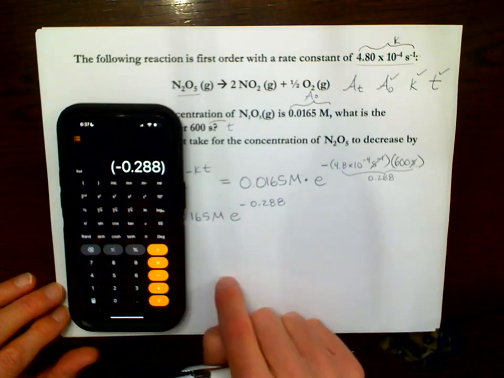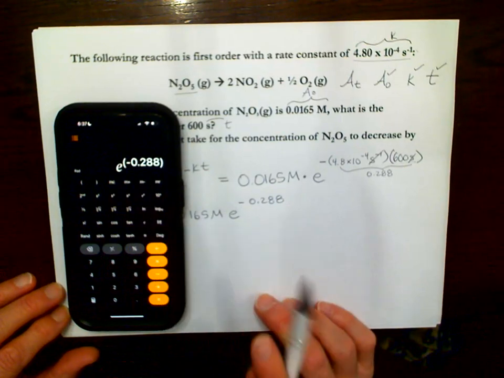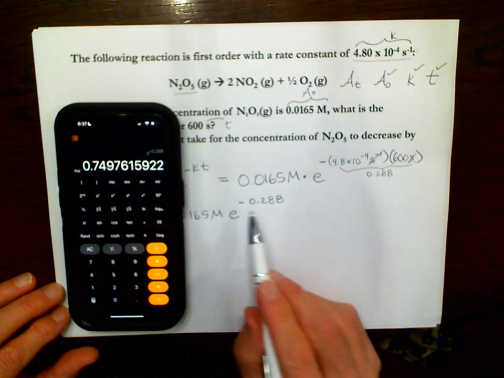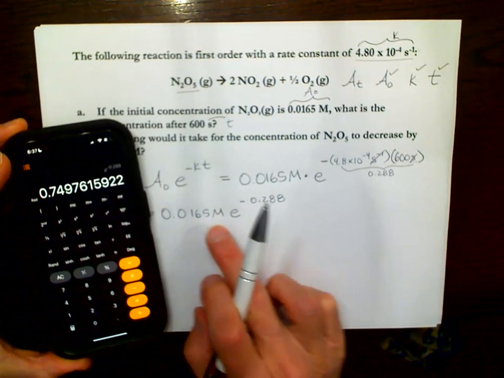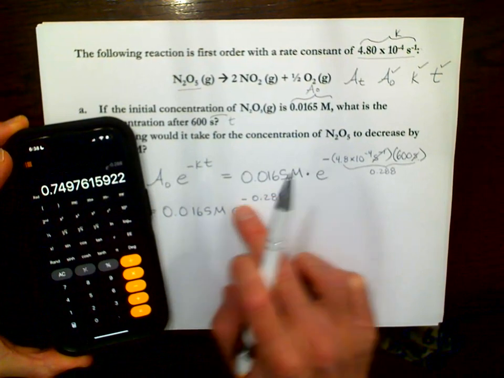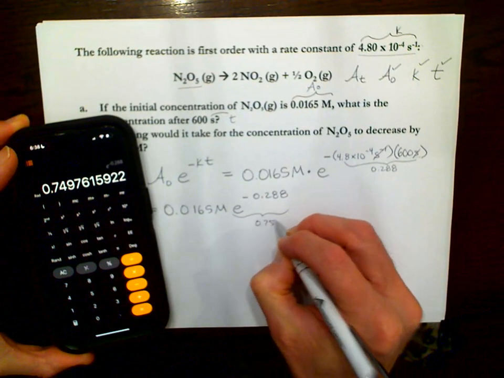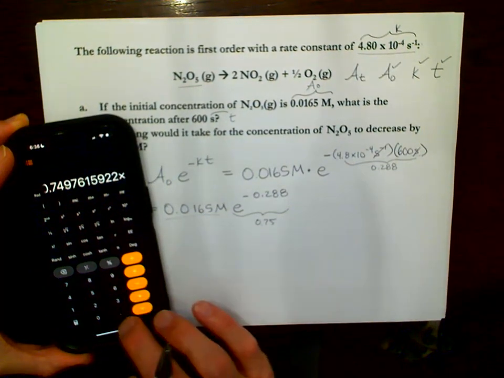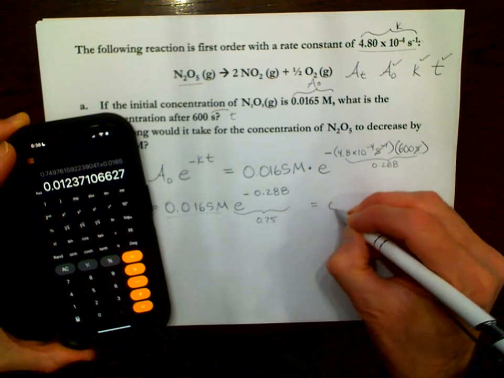So to find e to the negative 0.288, first I'm going to make this negative, and I'm going to hit this button e to the x right there. So e to the power of negative 0.288, hit equal, so that's basically 0.75. It's about 75% of that. So I'm going to multiply this, which is basically 0.75 to 2 sig figs, multiply it by this number, and I get